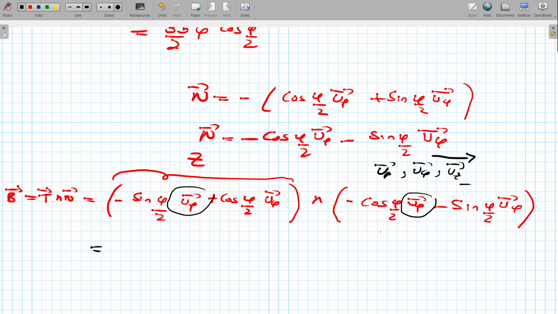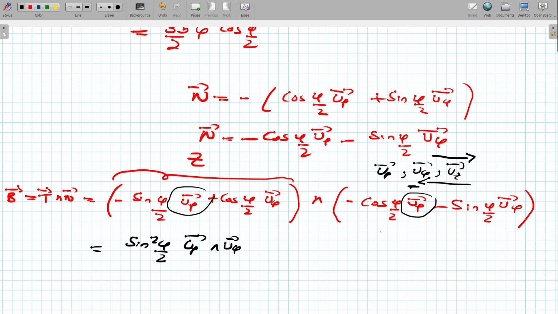But if I take the vector product in the other direction, I have to include a minus. So for this first term and this second term, this minus sine phi divided by 2 and this minus sine phi divided by 2 will give me sine squared phi divided by 2, and then u rho vectorial